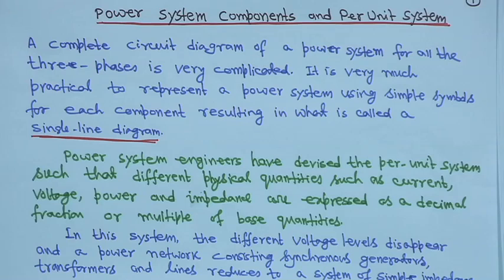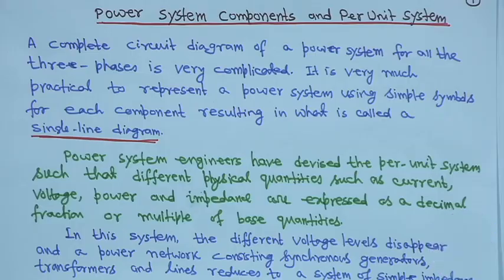In that case, those things cannot be represented by a single line diagram. You have to consider all the three phases. So, for the power system components in the transmission system, we will go for the single line diagram, we will come to that later. A complete circuit diagram of a power system with all three phases is very complicated, because you have A, B, C three phases and different components like the synchronous generator,